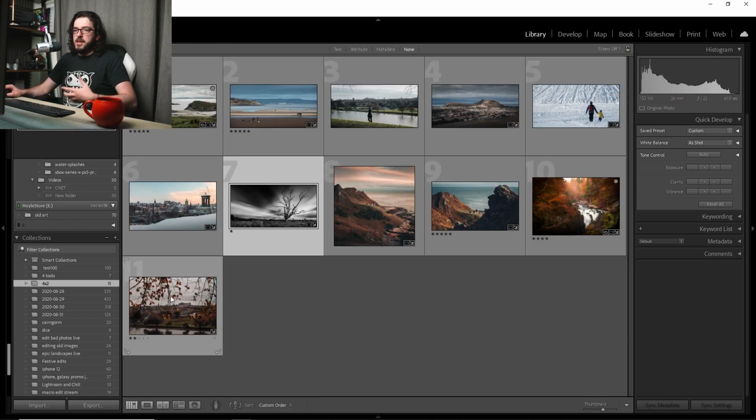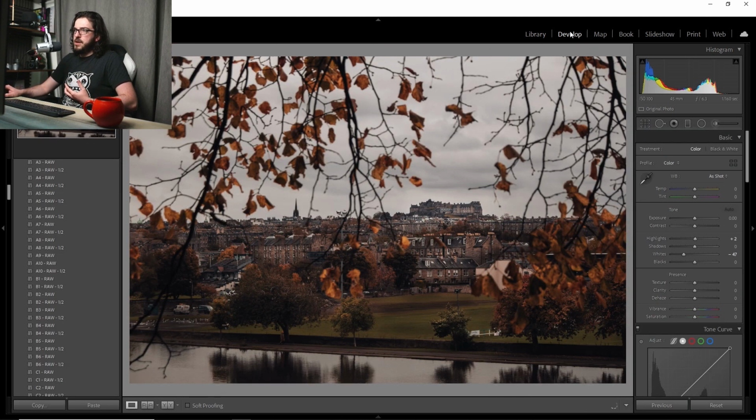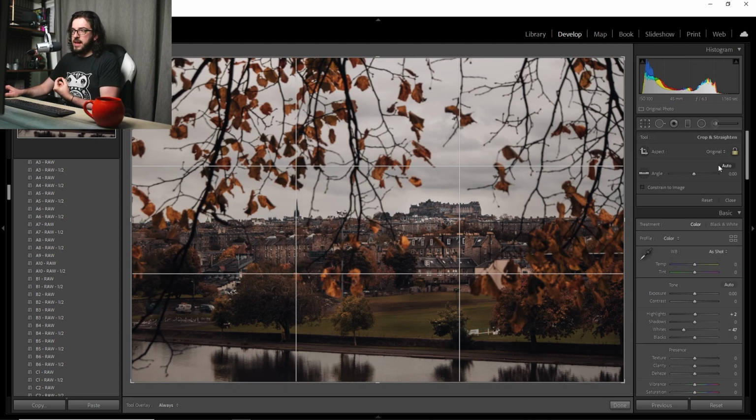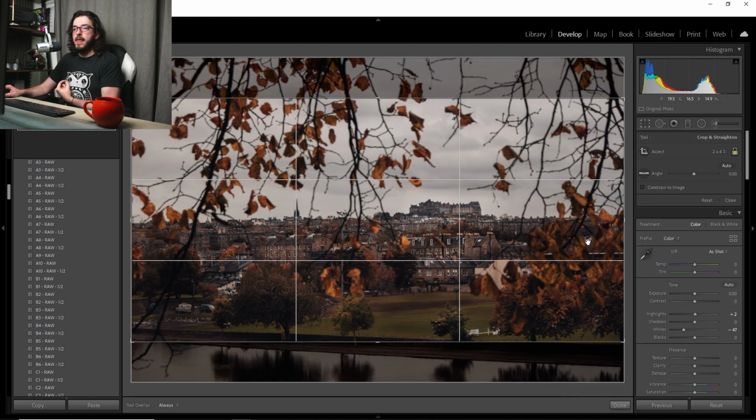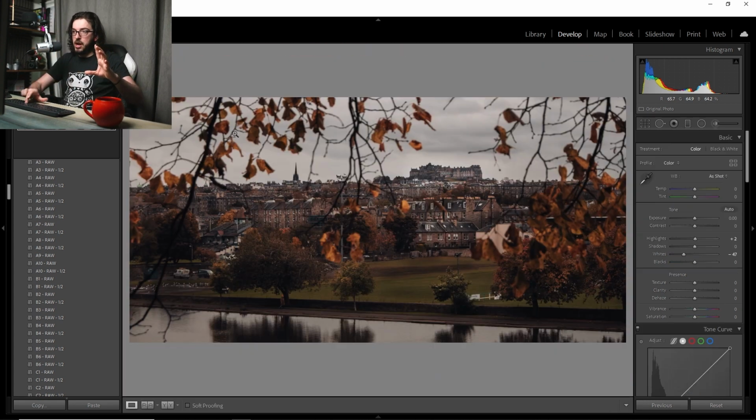But you get my point. You see what we're doing. Let's have a look at this one though, because this one is maybe a good example. Again, it's about this wasted space at the top. It's just more sky and more leaves, and we don't necessarily need all of that. So we go into our aspect ratio, 2x4, and then we can bring it down so we're still capturing some of this water reflection. We've still got the lovely autumnal leaves framing our shot, but now it's really focusing on